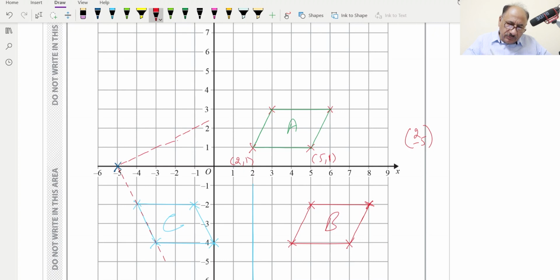So this will be our 90-degree anti-clockwise. Now we can draw, we can take this point 2 units away, and next point further 2 units